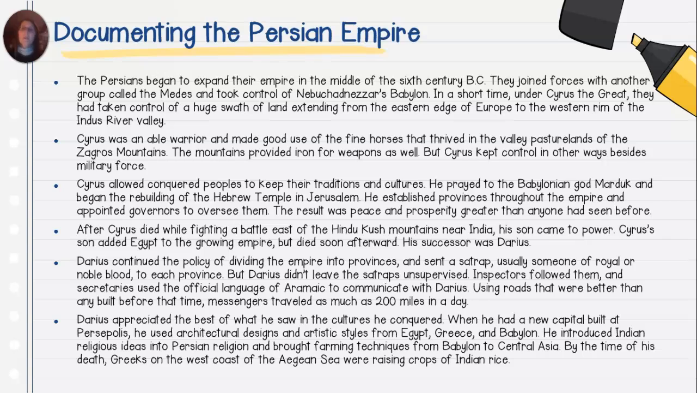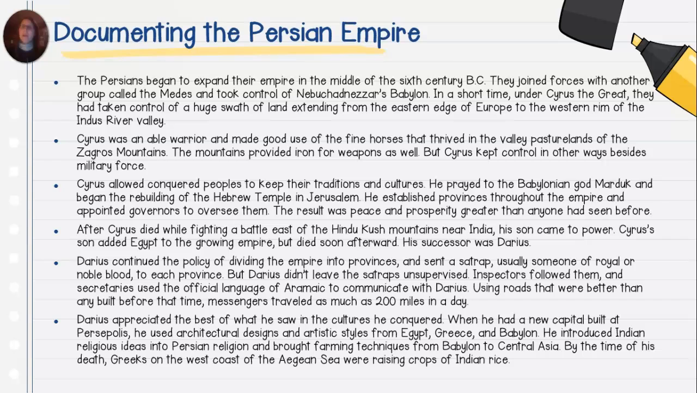The Persians began to expand their empire in the middle of the 6th century BC. They joined forces with another group called the Medes and took control of Nebuchadnezzar's Babylon. In a short time, under Cyrus the Great, they had taken control of a huge swath of land extending from the eastern edge of Europe to the western rim of the Indus River Valley. Cyrus was an able warrior and made good use of the fine horses that thrived in the valley pasturelands of the Zagros Mountains. The mountains provided iron for weapons as well,